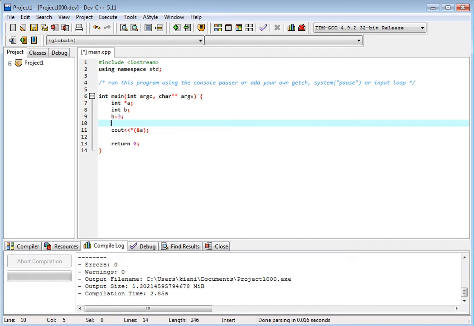Now we have a is equal to ampersand b. Okay, it means a is a pointer variable. A is a pointer variable means it will point to some other variable. How to point? We use an address. Pointer means you give direction. That is an address. Okay, go there, go here, come back. Right, left. These are all addresses. Directions, pointing.